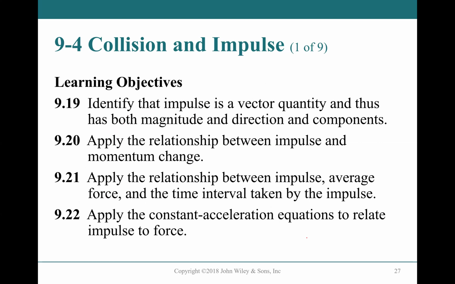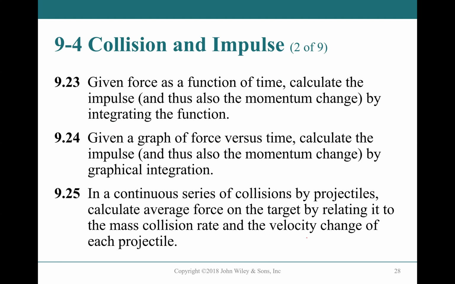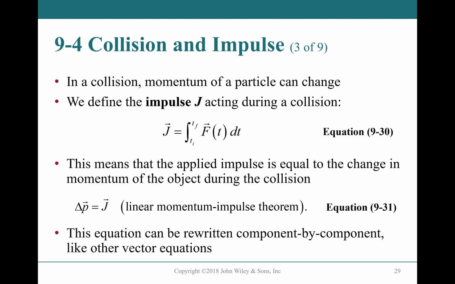And then we have collision and impulse, and we are going to see the conservation of momentum. The first thing we are going to learn is impulse. In a collision, the momentum of a particle can change. What does collision mean? Two objects bump into each other. Maybe this object has initial velocity v1 initial, and after the collision it may move in the opposite direction and have v1 final. From initial to final, that tells you momentum changes.